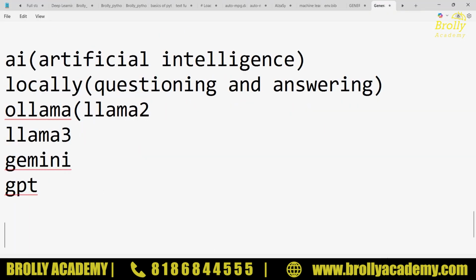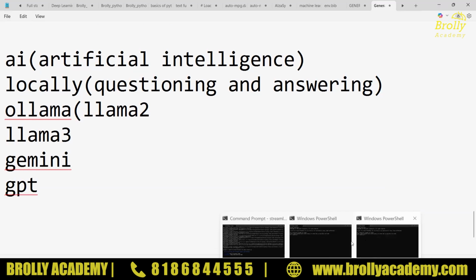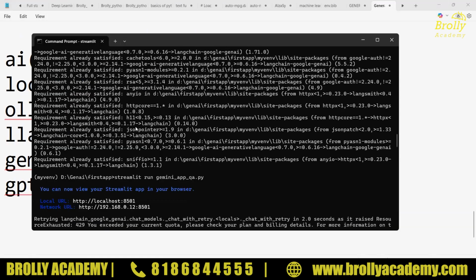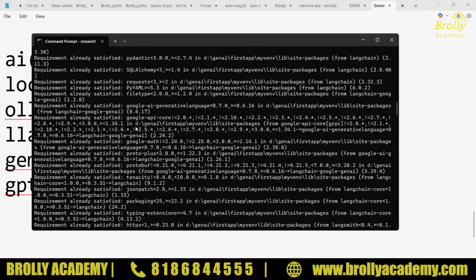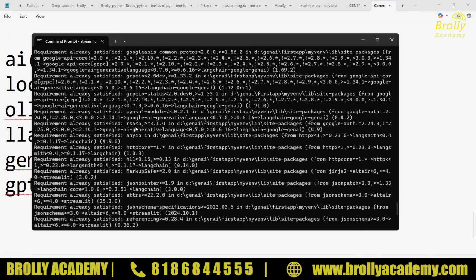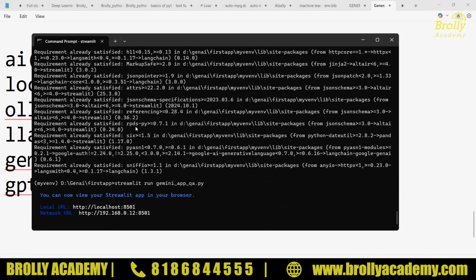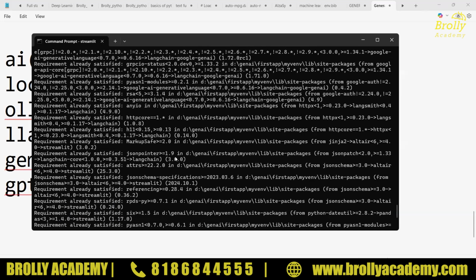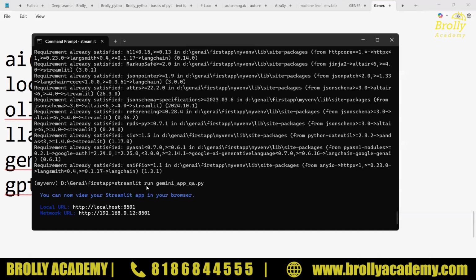So here, let's see one example. I'm opening the terminal. So how are things going to work? Directly, I need to mention whatever folders we have, the location, and the entire coding part. Then we need to open our terminal and import Streamlit or whatever it may be. So what I have done here is used Streamlit run. I'm going to create a Gemini model app. Gemini underscore app dot qa.py is my Python file, that is nothing but my file name.